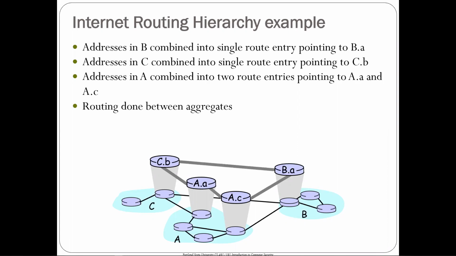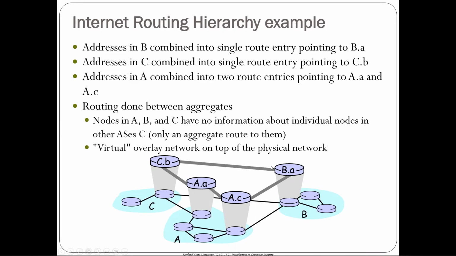So BGP is being done between these border routers, and this is effectively creating an overlay network, right? You're hiding the complexity of these ASs, and you're creating this sort of logical overlay network on top of a physical one, okay? And this happens all the time in networking. And we'll see a logical overlay when we talk about the internet protocol itself, because the internet protocol is a logical overlay on top of a bunch of link layer